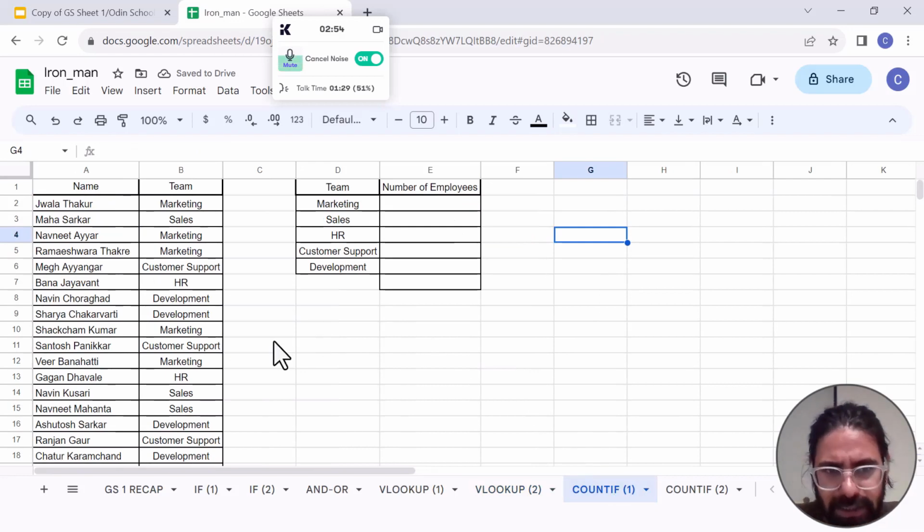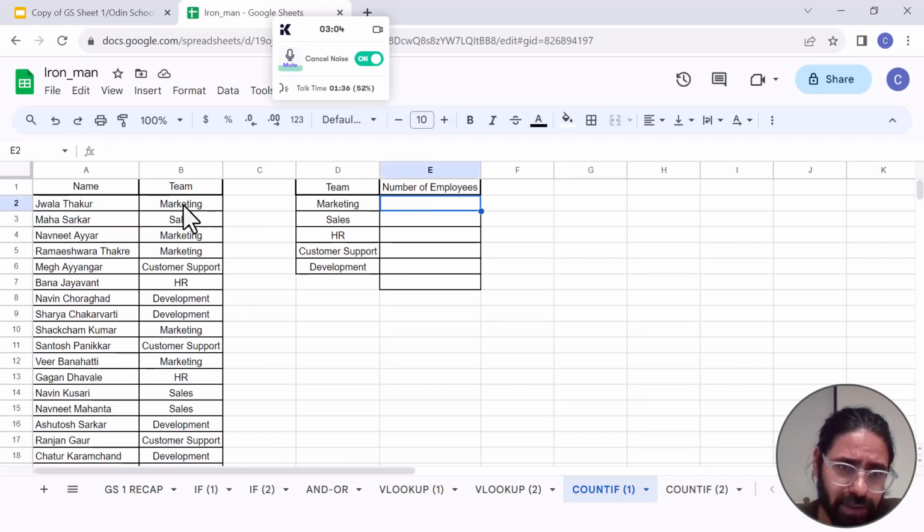Now the next formula which we are going to learn is counting. First realize the importance of counting, why we need to know counting. So see, for example, if I say tell me how many people are from the marketing group. You can individually count marketing staff, how many times it comes in column B. Or say for example sales. You can count it